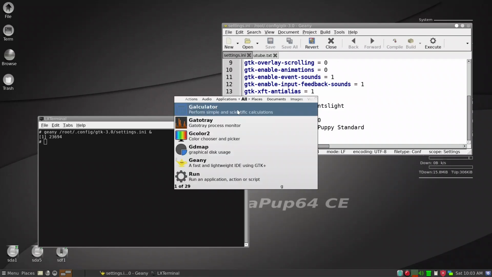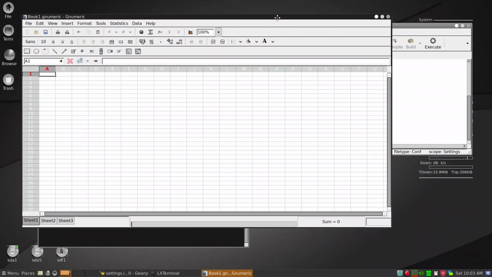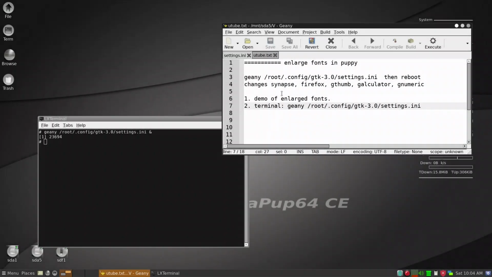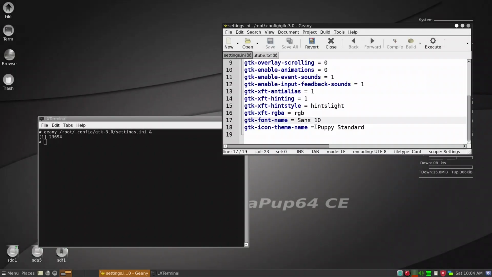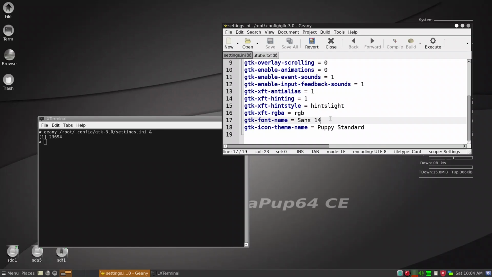Let's say Gnumeric is a spreadsheet I showed you with enlarged fonts before, and this is the normal appearance. And this is what you want to do: simply change the size, from default 10 to perhaps 14, and then go ahead and save, and then reboot, and